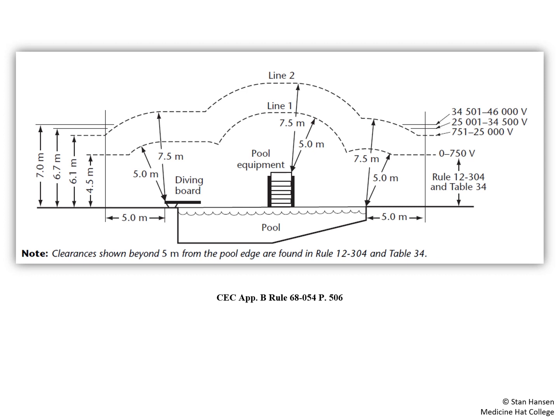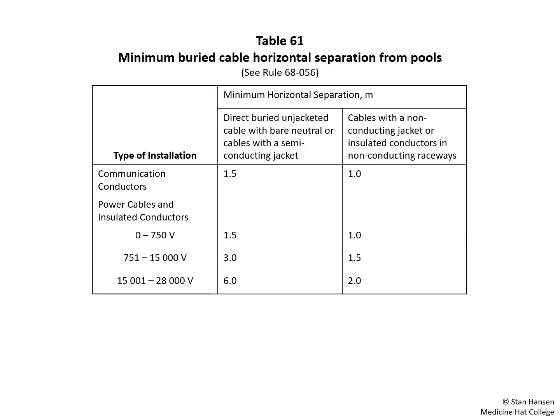When it comes to our underground conductors, we could have something called voltage leakage. And we need to be aware of that because if we have a heavily saturated ground like we would have around a pool, then that could make a good conductor for any type of voltage leaking. Since this could pose a danger to the people using the pool, we need to make sure we check Table 61, which has distances that are based on both the voltage and the different types of cables that we have,